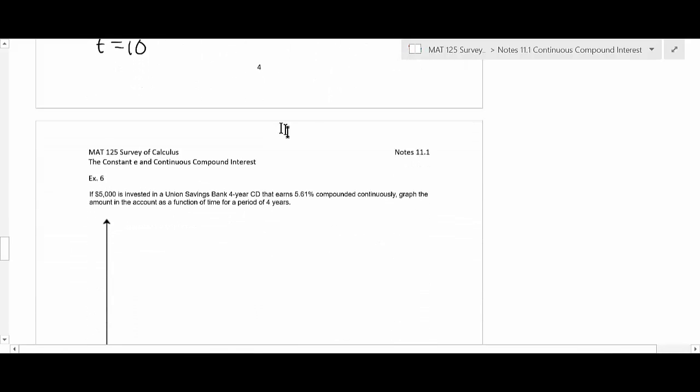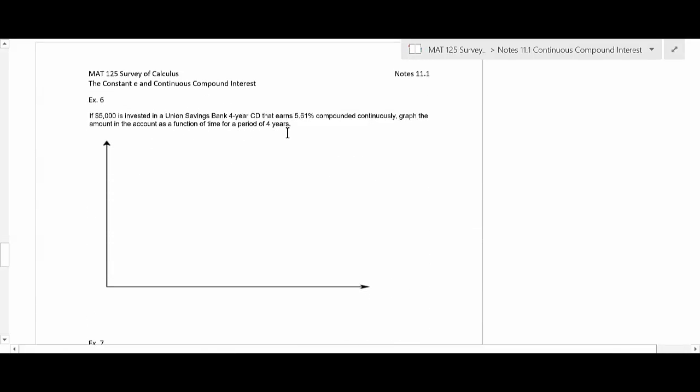Now, the next problem, I'm going to do something a little bit graphically. This graphically kind of helps you understand, I think, how interest works, and this will help you understand the next section, I think, when we get back into the calculus a little bit. So we're going to do this in our calculator. First thing that we have in this problem is we have our principal's 5,000, and they give us an interest rate of